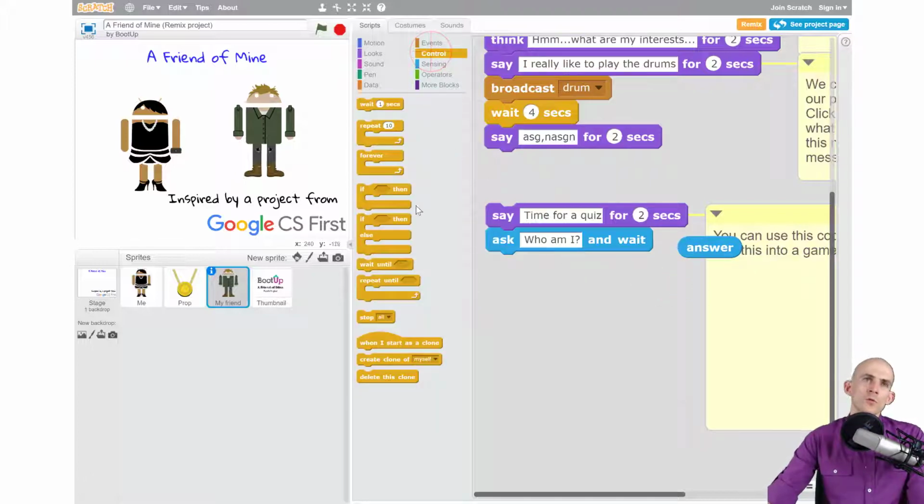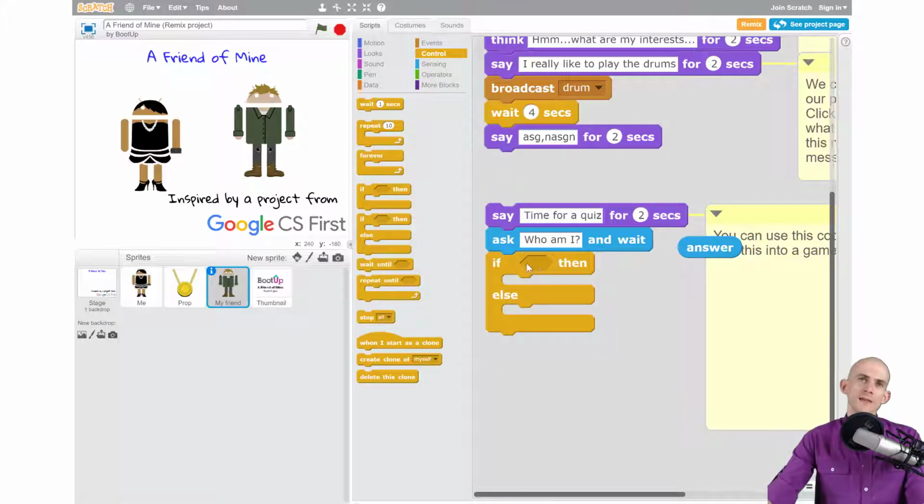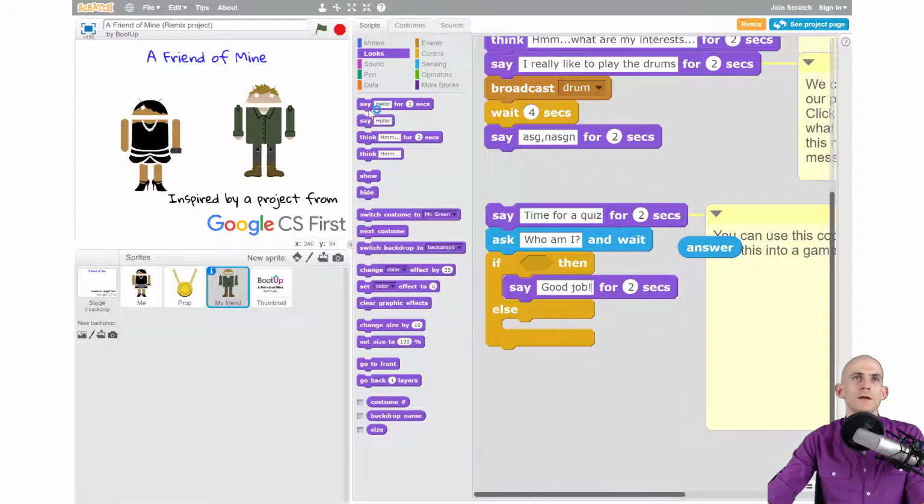We're going to use what's called a conditional or an if-else block. So we're going to say if the answer is correct, do something. Otherwise, if the answer is not correct, do something else. So I'm going to have it so that if the answer is correct, we'll say, good job. And then if the answer is wrong, we'll say, nope. Okay,